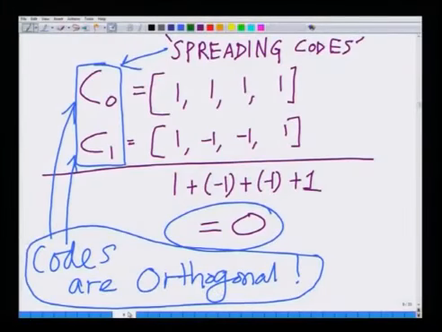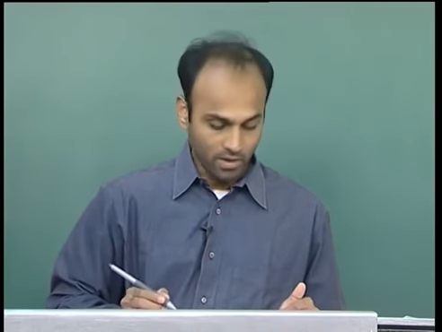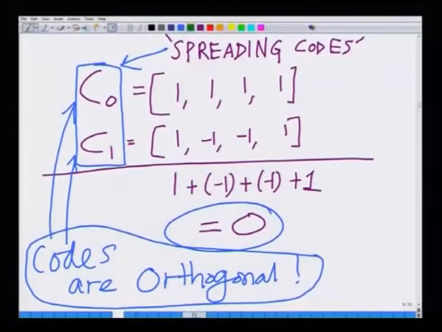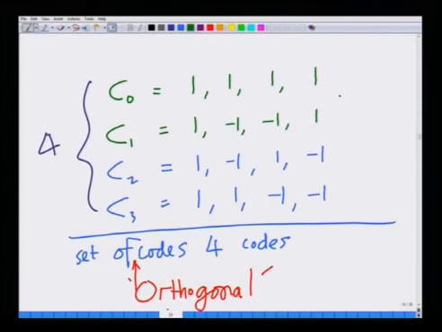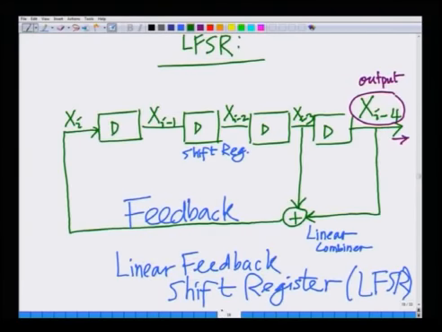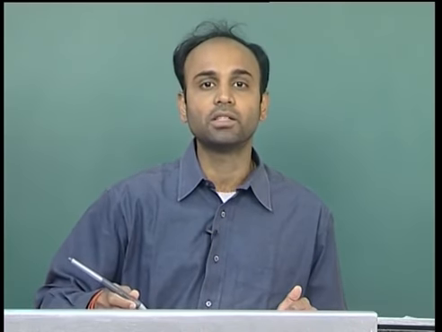For instance, I have here two codes C0, C1 which are orthogonal, that is, their dot product or inner product is 0, and hence using such orthogonal codes CDMA can enable multiple access of different users on the same interface. Last class we also saw that these sets of orthogonal codes, for instance C0, C1, C2, C3, look like random sequences of plus and minus ones, and such long random sequences can be generated using what are known as linear feedback shift registers,